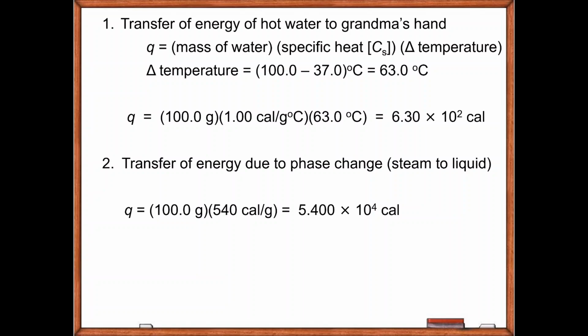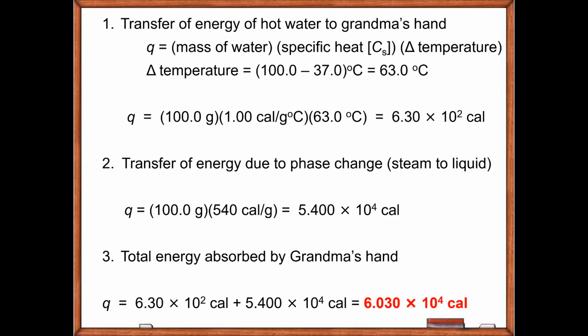They told us this number, 540 calories per gram. We know how many grams. So we can see how many calories of energy are from the steam going back to a liquid. So the total energy absorbed by her hand was 6.03 times 10 to the 4th calories. So lots and lots of calories. But the point here is it wasn't only from the hot water, but it was also from the steam. Again, this is a problem I probably wouldn't ask you to do. This is beyond what I would expect from you right now. But I think it's interesting that not only does the hot water transfer energy, but also the change from